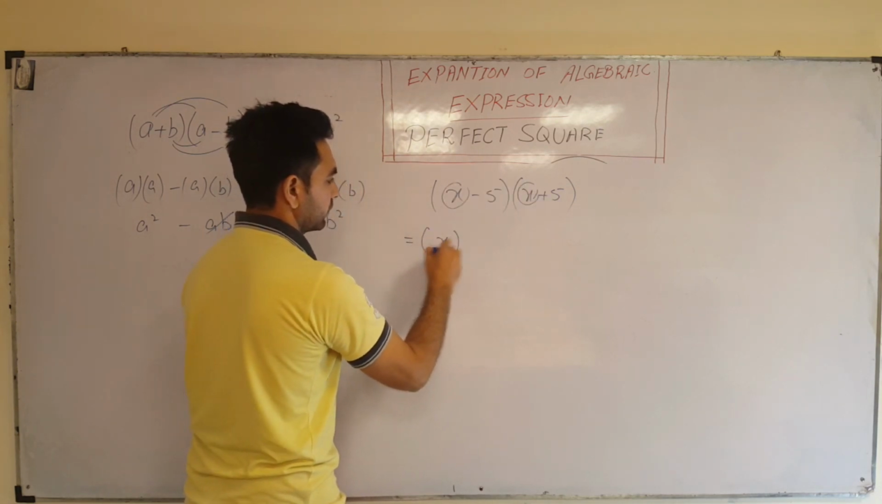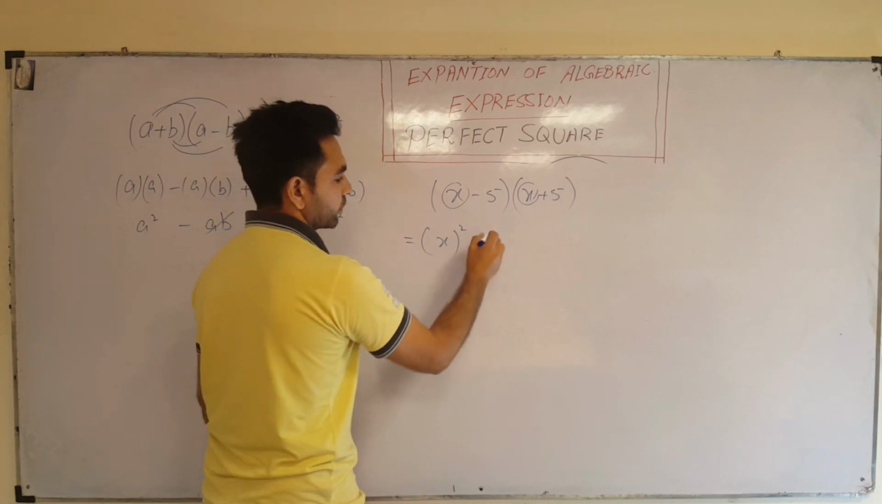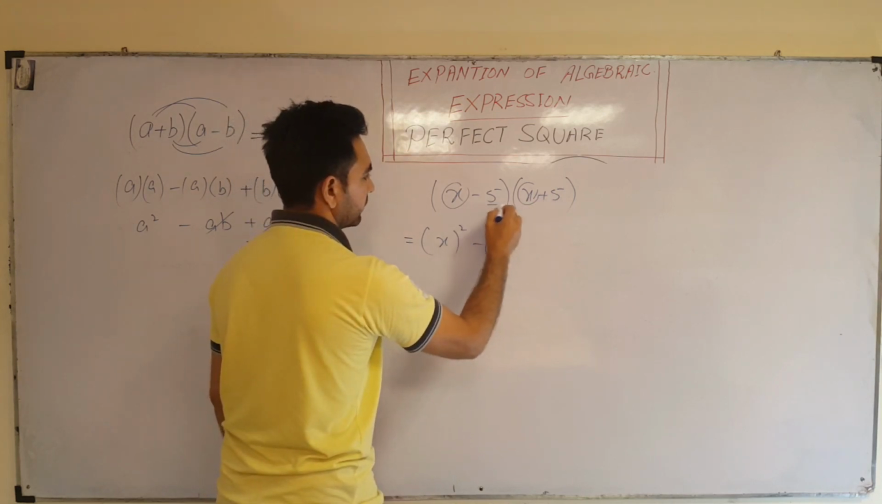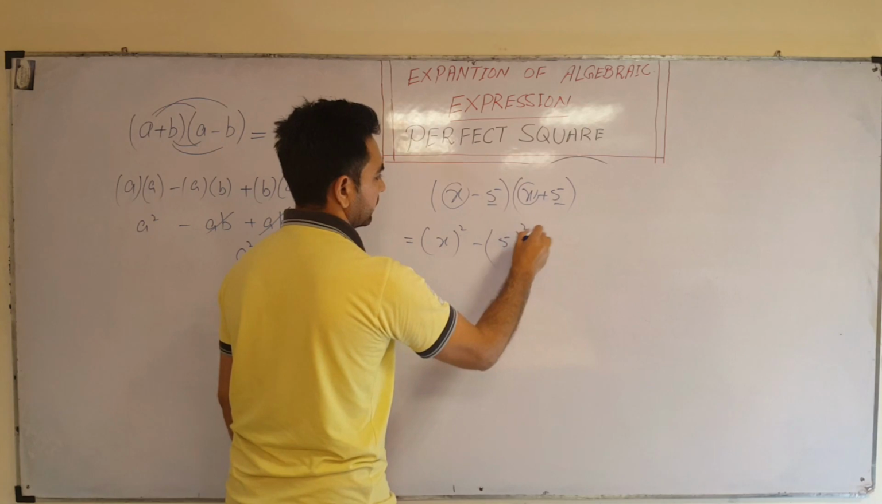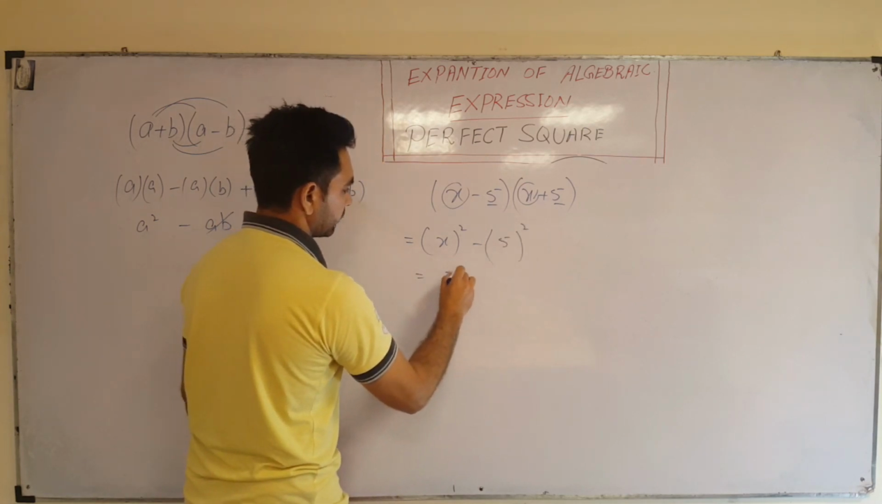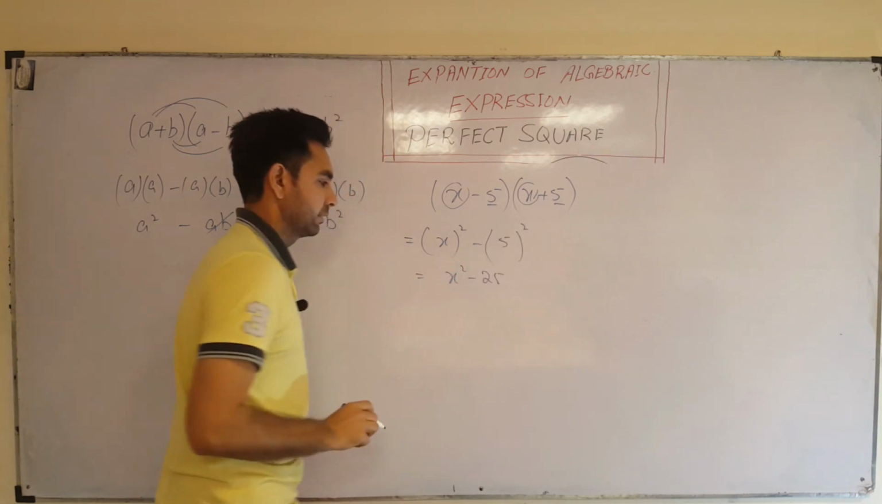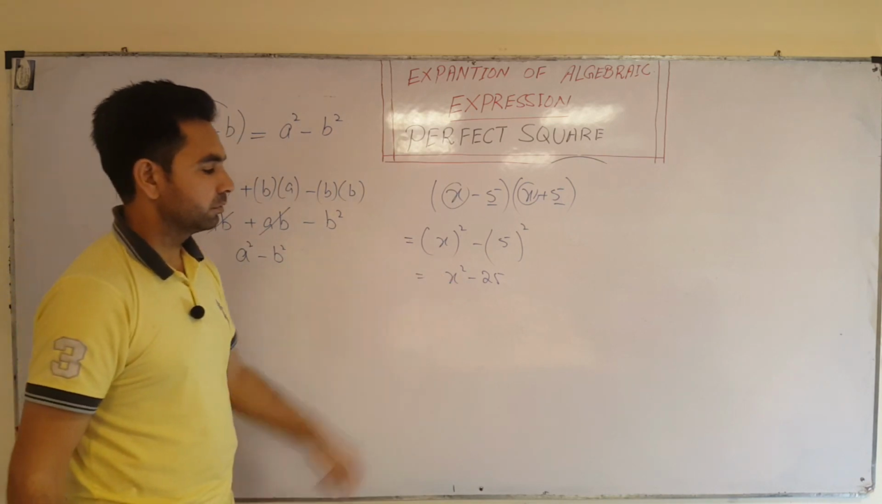So according to the formula, the square of the first one, which one is the first one? X. And minus, which one is the second one? 5. Just take the square, that gives you x square, and that gives you minus 25. So you got the difference of the two squares,